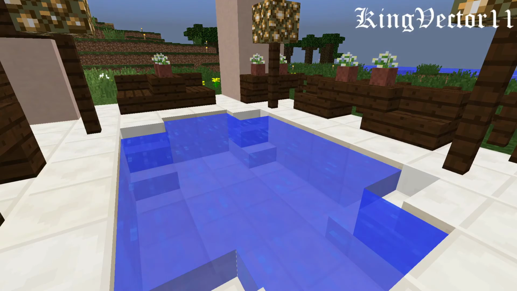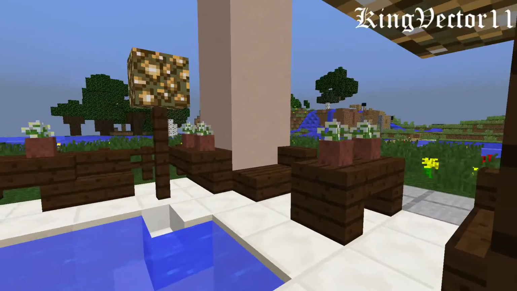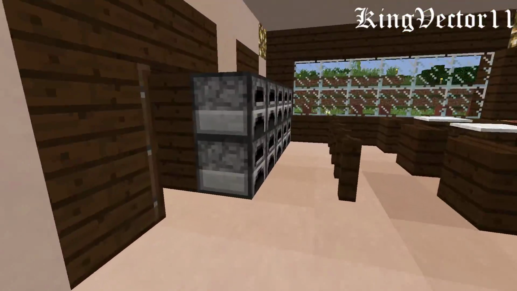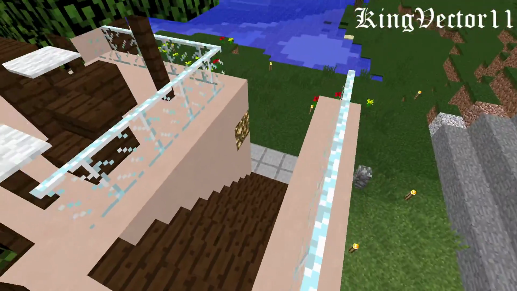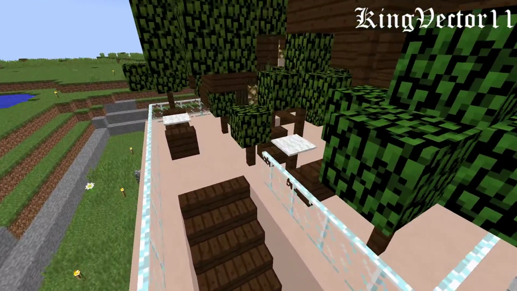If you just want to chill out, sit, relax, have a pool party, and enjoy the view, that also counts. Now let's go upstairs through the lounge, or you can also take a roundabout and use these stairs. Now the backstory to the stairwell that I made,